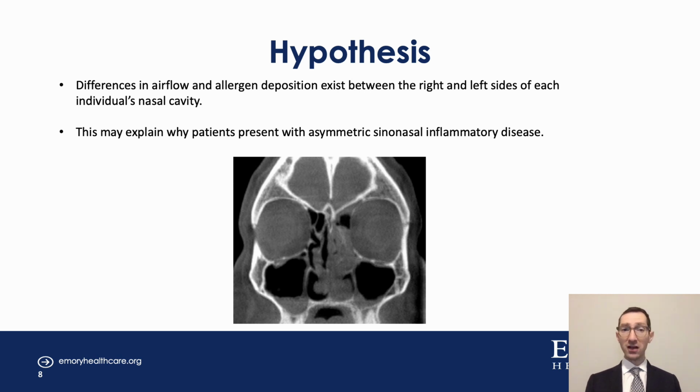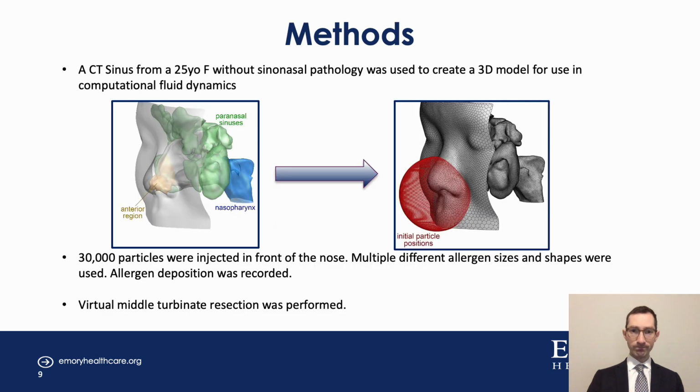Meaning that, is it possible that this person who has central compartment atopic disease, whose scan is shown here, perhaps this person, because of airflow dynamics, had more significant allergen deposition on the left side of the nose that ultimately caused the development of worsened disease on that side. And so, to test this hypothesis, what we did is we developed a model by extracting data from